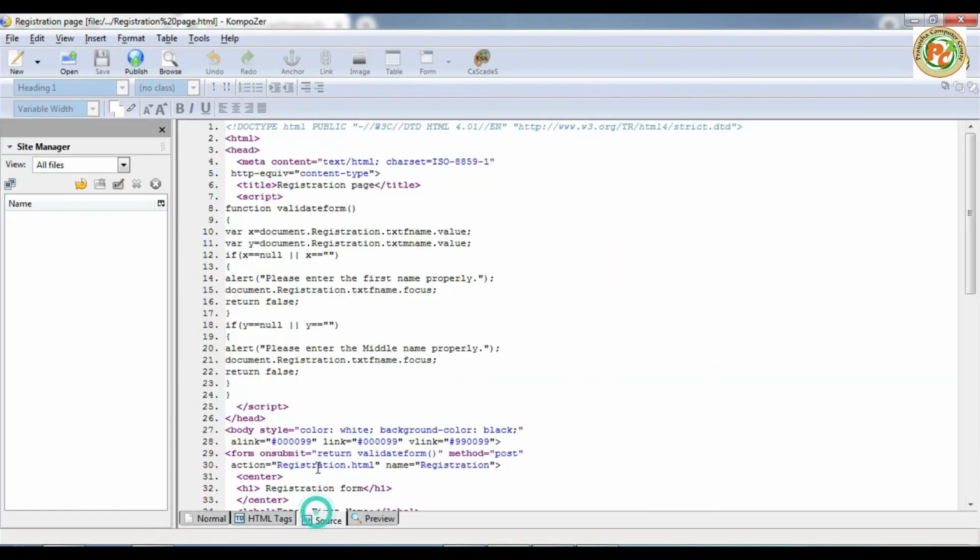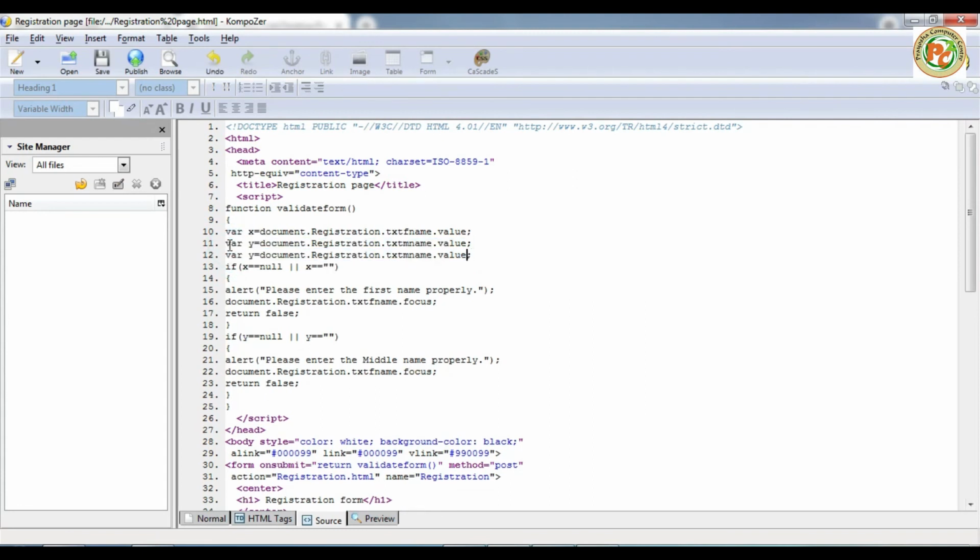So I will go inside this again. Just copy this one and paste it again, then change it for the last name. When I did this coding, I gave the L name text box name, so the z variable is there. So again I will copy this if condition and paste it here.